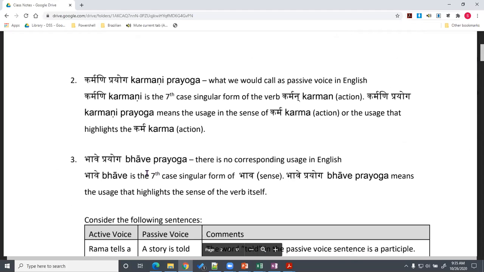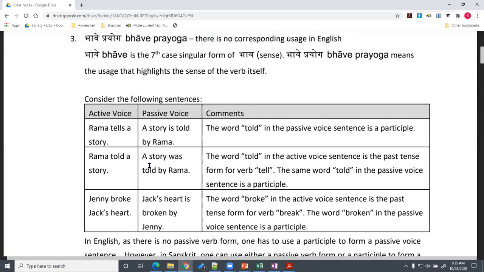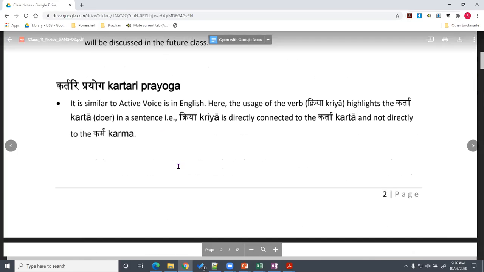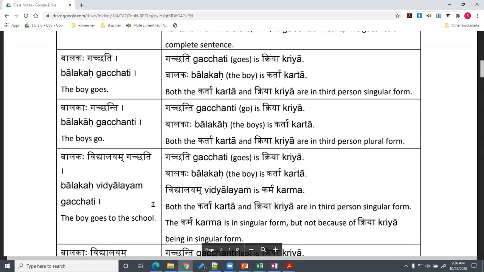But Sanskrit has a very distinct way to represent those concepts. Like "Rama told a story," "a story was told by Rama." That's how we say the active and passive in English. In Sanskrit, it would be